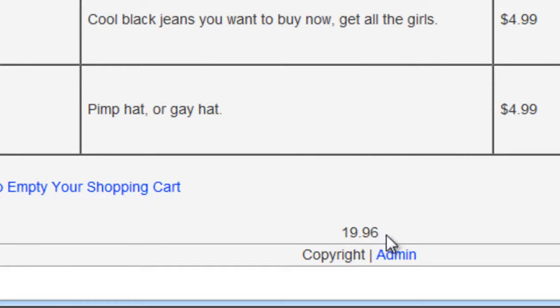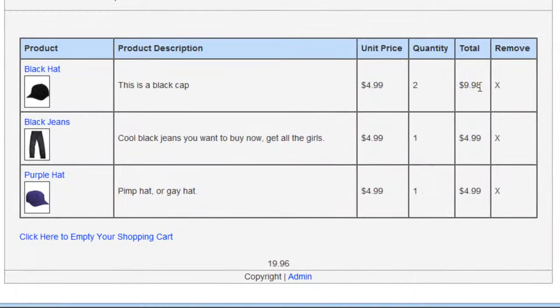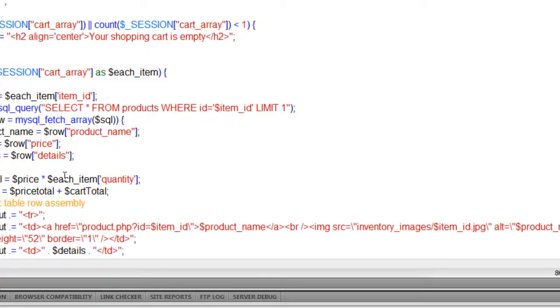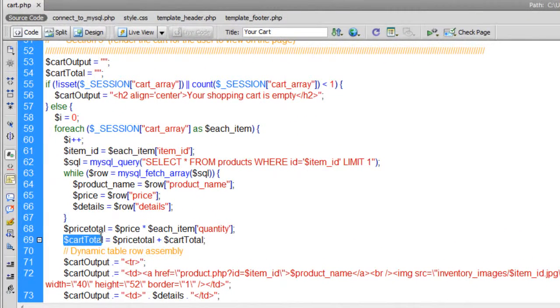Yes, $19.96. And that's exactly how much that would be, because there's 4 items. Well, there's a black hat with a quantity of 2, so that makes $9.98 plus $4.99 and another $4.99 makes $19.96. And to get a dollar sign on that, you can take that variable